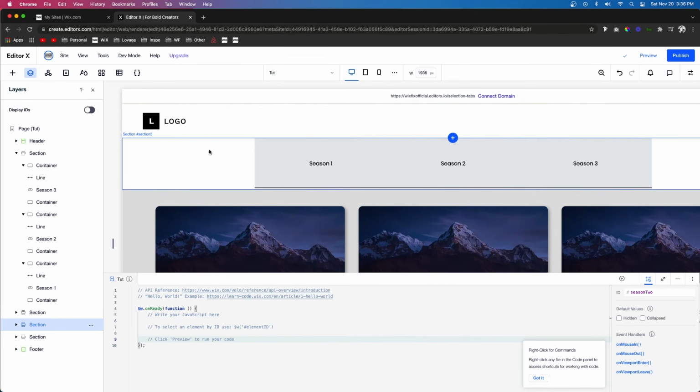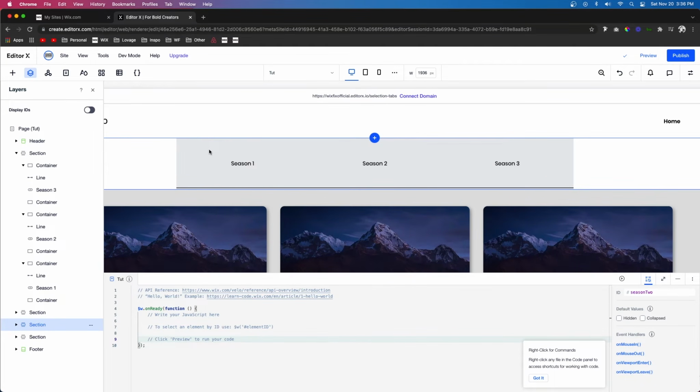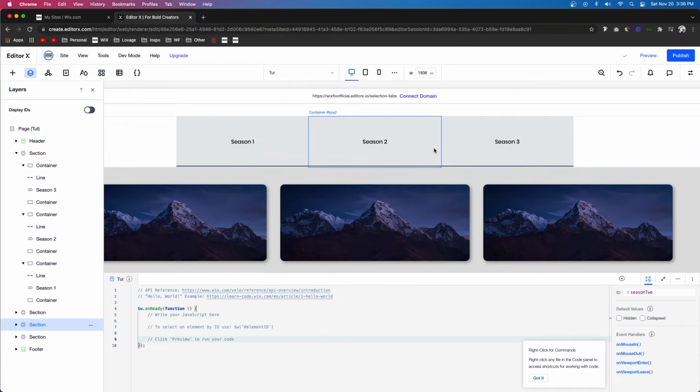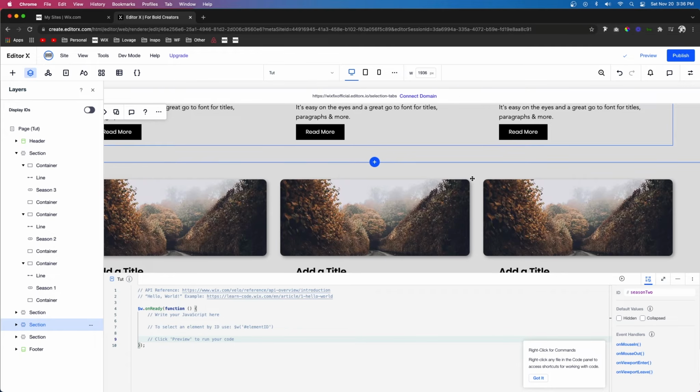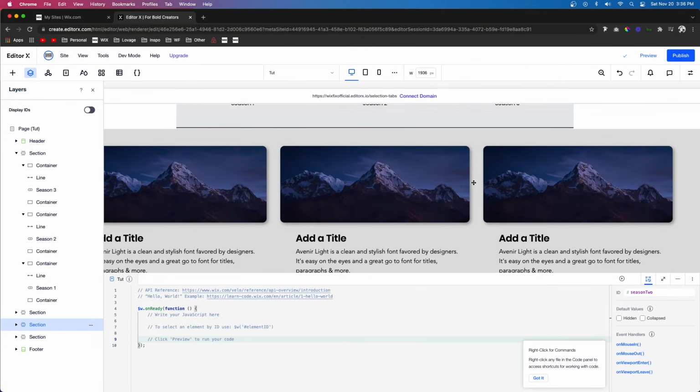And there is one last step before we can actually start coding, and basically that is to hide all of the elements that aren't currently selected. Now, typically when you see this on a website, the first option is selected. So in this case, we don't want these to be gray and we don't want these lines to be shown. Also, we don't want Season 2 and Season 3 to show up on our page yet